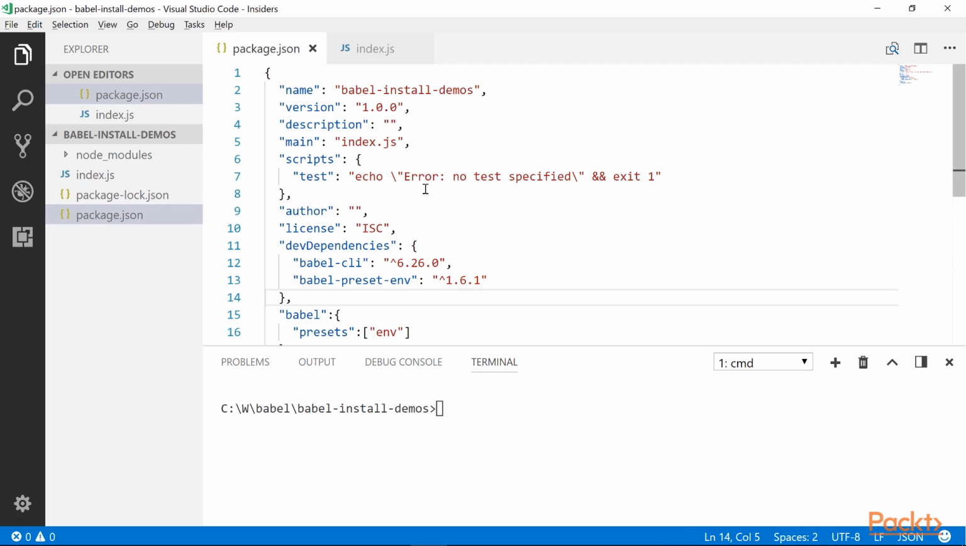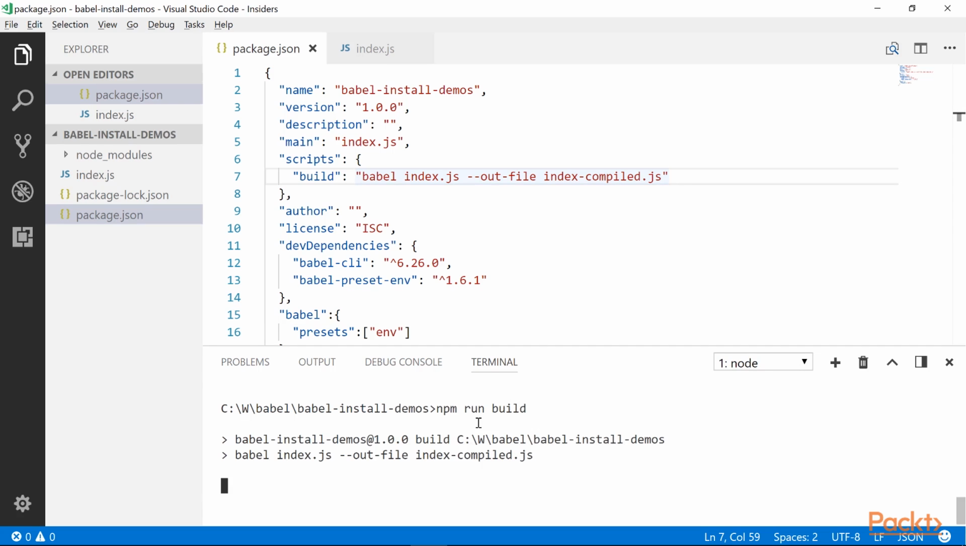So what we need to do is come back here to the scripts section. Then let's say build. We'll say babel, then we have our input file, which is index.js, and then we'll say the output file is index-compiled.js. So it's the npm way of creating a script. So now I can say npm run build. So I'll come back to the terminal, and then I'll say npm run build, and what we should see is